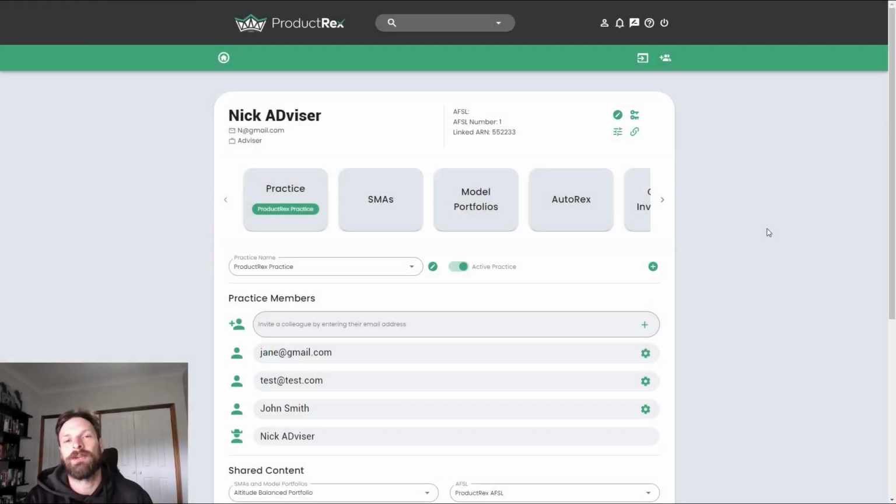G'day, it's Nick from ProductRex, and today I'm going to show you how to use our new integration with Netwealth. This is a direct integration, so basically you can bring client data into ProductRex without having to touch any files